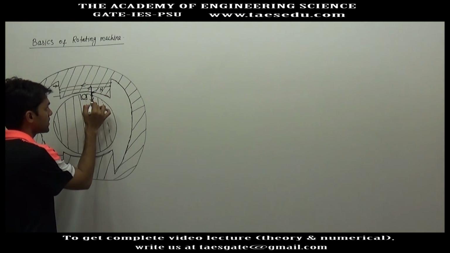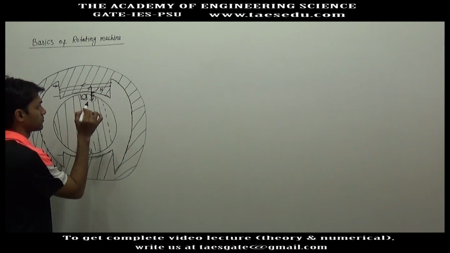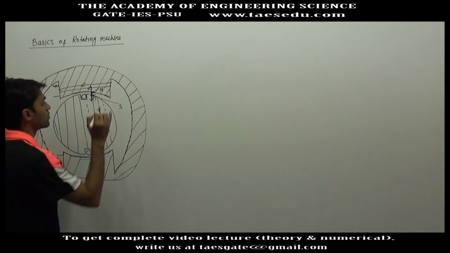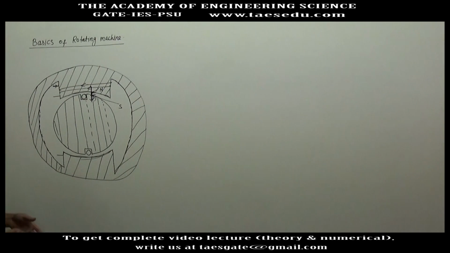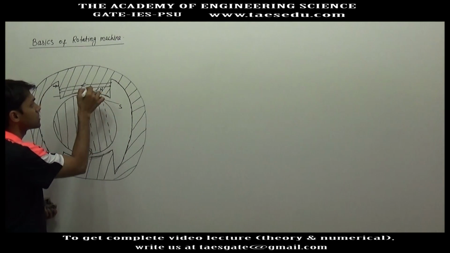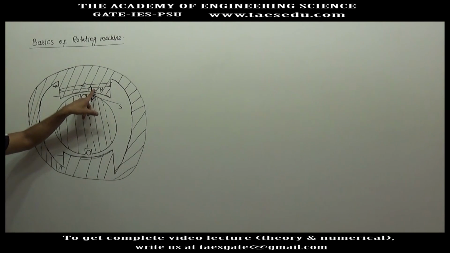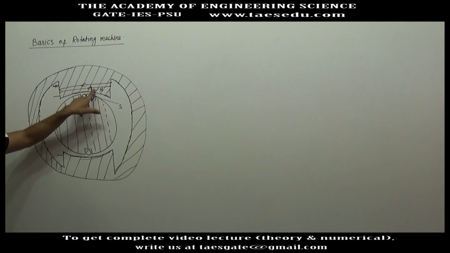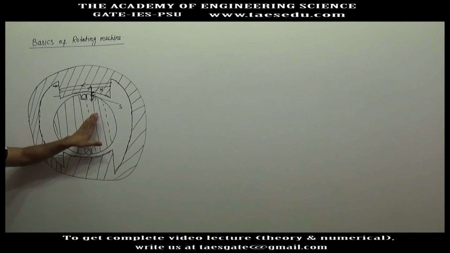This magnetic field is entering the rotor here. So what will this part of the rotor be called? Will it be a south pole or not? First of all, we have to decide whether this magnetic field belongs to the stator or the rotor. This magnetic field belongs to the stator. So with the direction of this magnetic field, the north pole or south pole of the stator will be decided, not the north pole or south pole of the rotor.